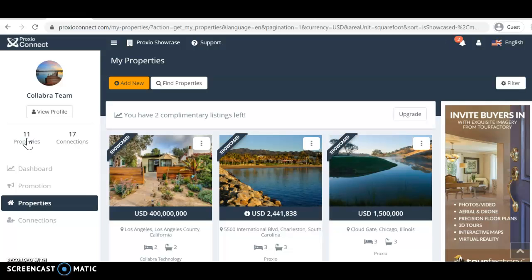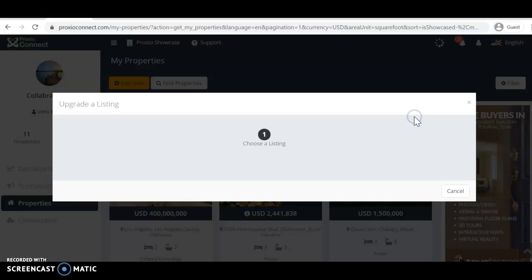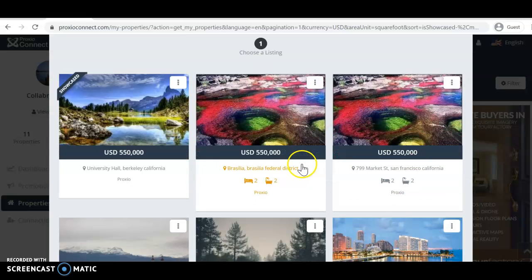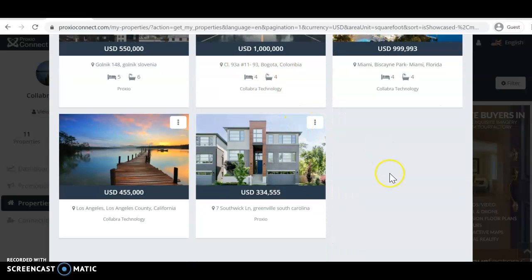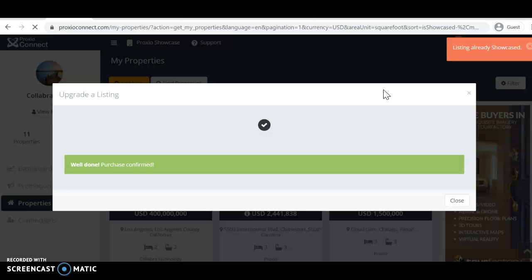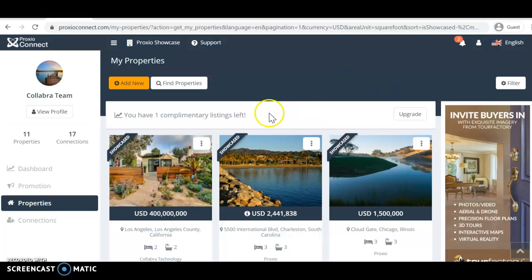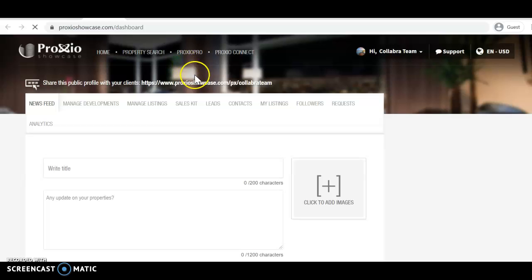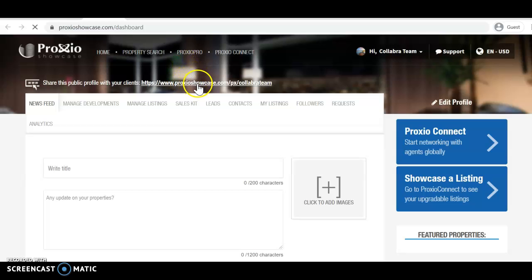I already showcased 3 of the listings, so I have 2 listings left. I click here on the upgrade option and select the listing I want to showcase. In this case, I will click on the Miami listing, and now I will go to the Proxy Showcase profile. Here, in my public profile, I will find the listing that I just showcased